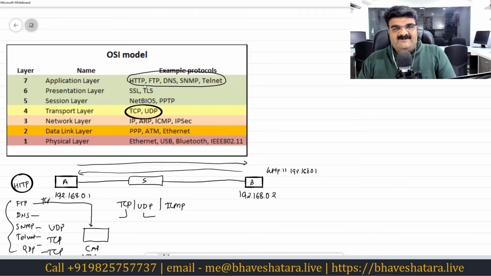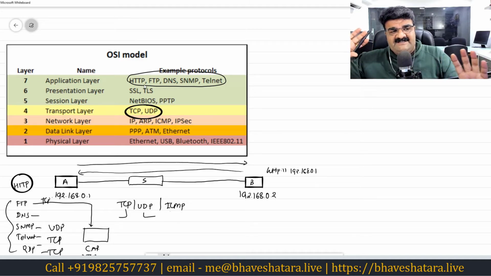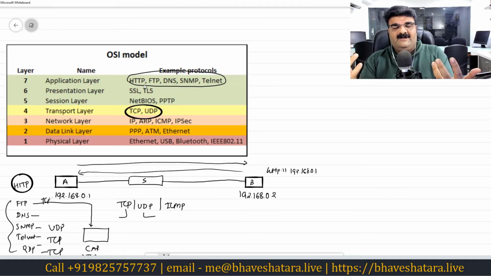And that's why we have this internet, which is connected with TCP/IP all over the world. All the computers are connected through TCP/IP, so our media is ready, our transportation system is ready, and now we can travel. Protocols like HTTP and FTP can travel using either TCP or UDP.